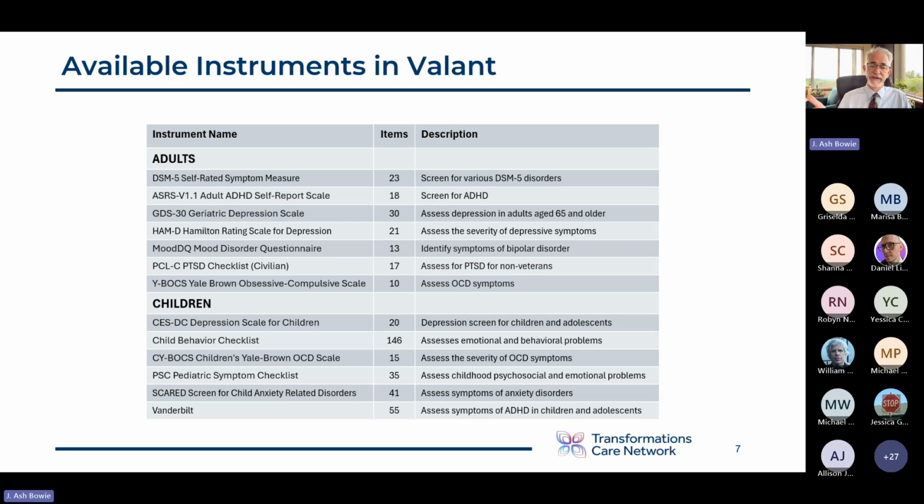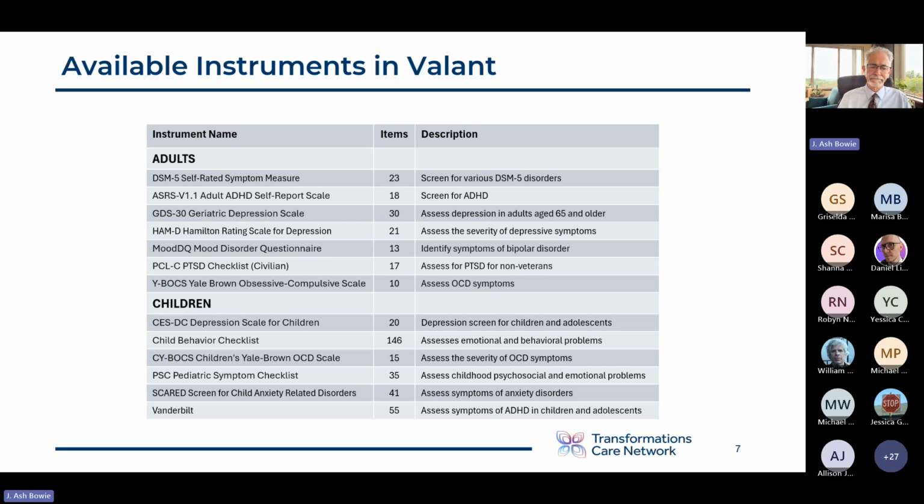And this one is pretty accurate and it's only 13 items. The PCLC is the civilian PTSD checklist. So if you have a client that you suspect may be dealing with trauma symptoms, this is one that I recommend. There is also a veteran version in there. So for any of you who take TRICARE and you might have any veterans in your caseload, there's a veterans version as well. And then the Yale Brown is a very good tool to assess, at least as a screener